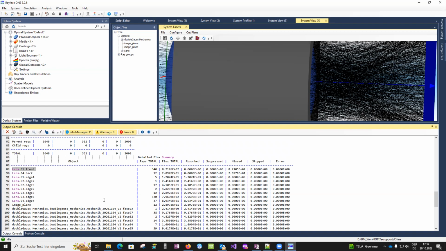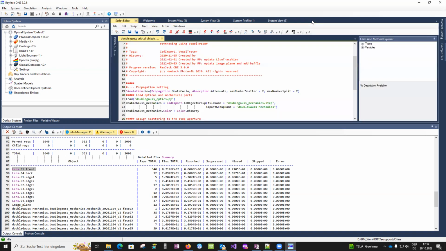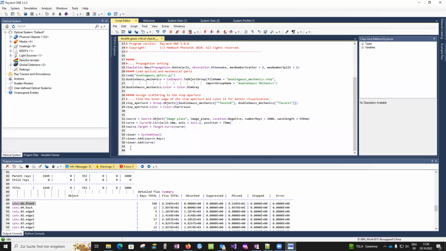So we will now leave it out when we are working on the graphical representation. Let me close a few windows here, go back to the script, and instead of using the graphic user interface, I make here the ray tracer